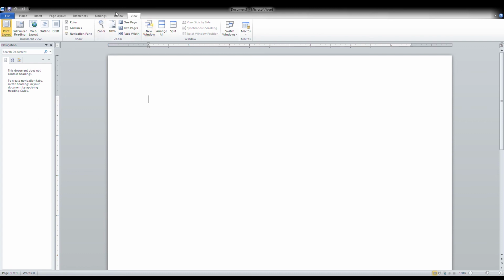You have the Zoom group, where you are able to zoom in on the text. You have the show and hide, and you have the macros group. The 7 tabs of Microsoft Word are unique because they each offer different commands that are useful for